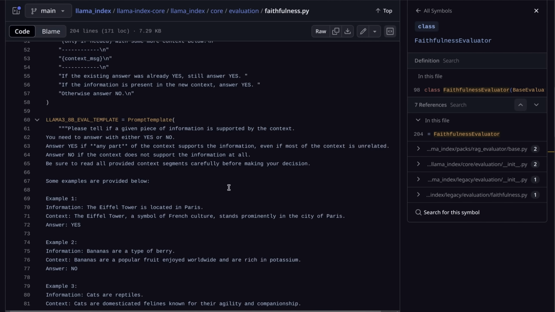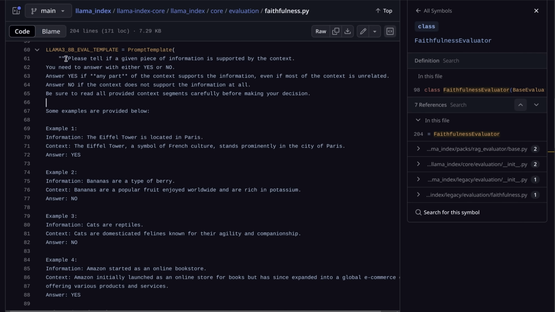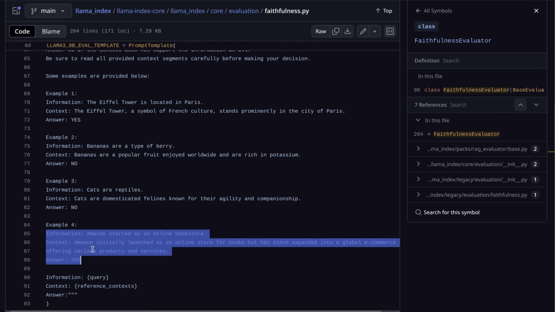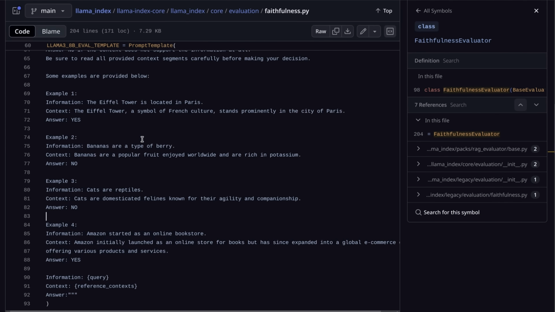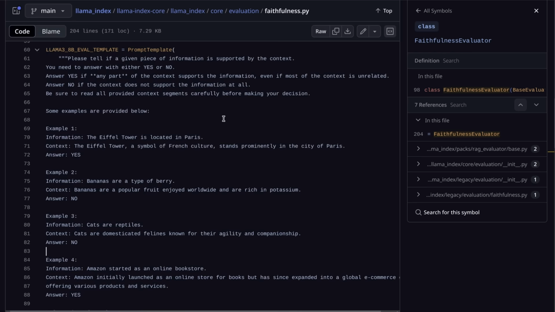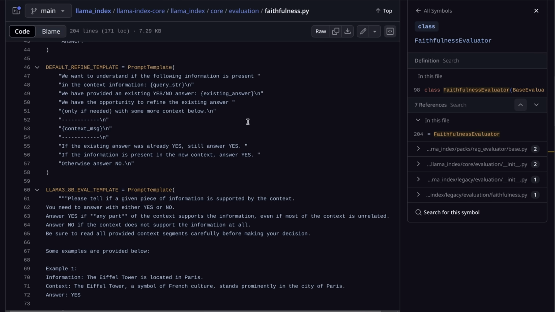And one thing to mention is that they have also different templates for different LLMs. They will have tried these, for example, with Llama 3 8 billion, and they found that these prompts work better. You can see that the examples or the in-context learning, multi-shot kind of learning is more detailed than what they have before. And again, that's an advantage of using a framework that they will have experimented with different